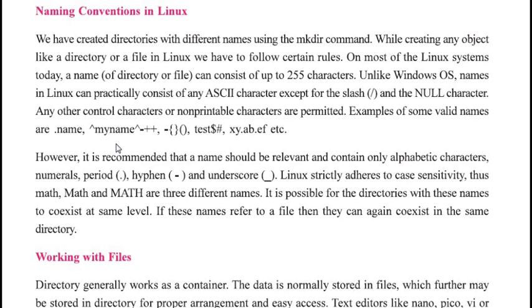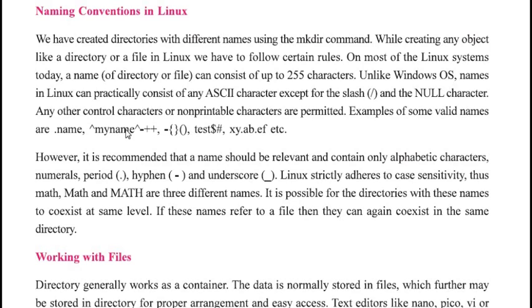You know the meaning of files and folders. Directory means folders, while files means files, right? So how to do that? Before I teach you practically, I will explain some naming conventions in Linux, meaning what you have to keep in mind while giving a name to a file. That we are going to learn first.